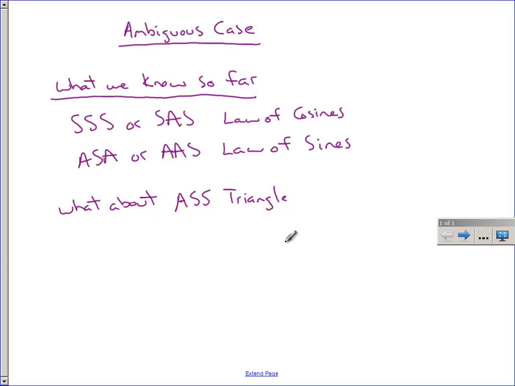Anyway, what about this kind of a triangle? Now, we're going to investigate this, and you're going to look at this tomorrow, and I want you to make sure you do every single one of your homework problems. That's one thing that I saw that some of you were frustrated with the equations for law of sines and law of cosines, and I really don't believe that you practiced them. You didn't do all of your homework problems like I think you should have. So tomorrow in class, make sure you do all of these, because this is a special case, and this needs to ring a bell. Anytime you see an angle, side, side triangle,